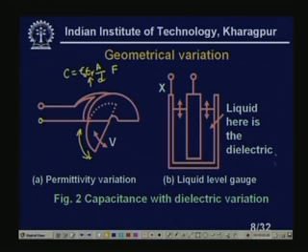Here is another example, a liquid level gauge. You see it is cylindrical in shape, and we have one inner rod also. So, this inner rod is one plate, and the outer cylinder is the other plate. Now, if we pour liquid here, the dielectric medium between this plate and this plate consists of two different materials. One is air, another is the liquid. So, if you fill up this tank, there will be more liquid in the tank and less air in between the two plates. So, the dielectric medium changes.